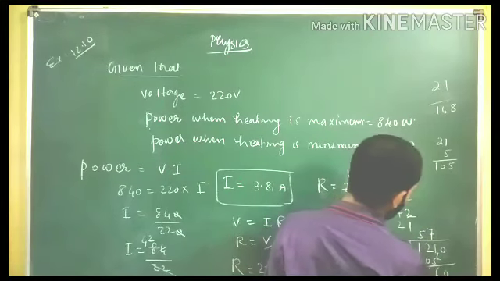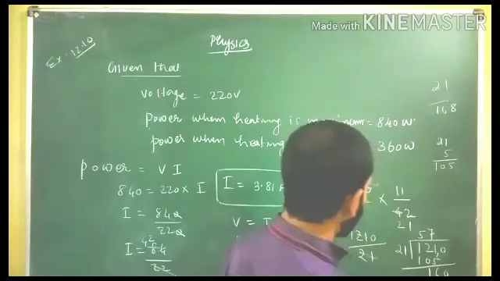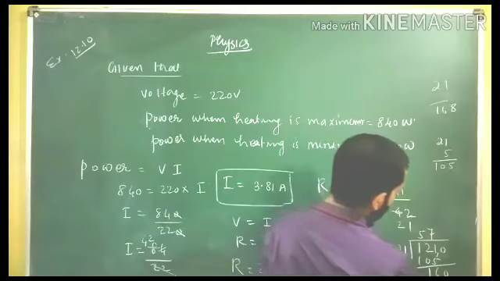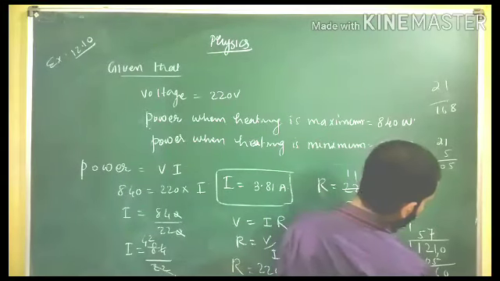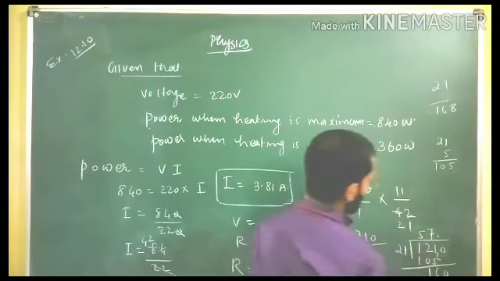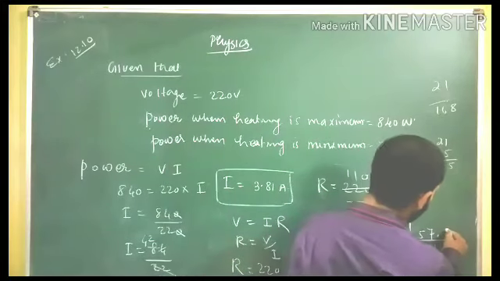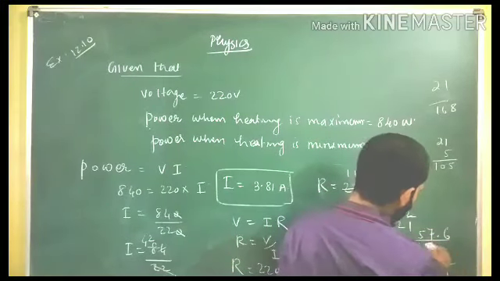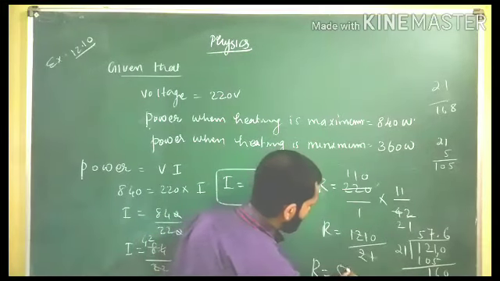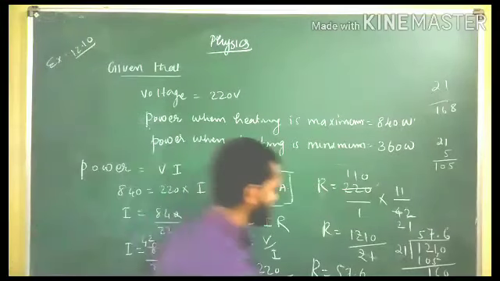1 into 7, 7. 2 into 7, 14. Now how much will it be? This will be 3. Okay, here 5 minus 4, that is equal to 113. Now 0. In 113, how many times will it go? We know it will go up to 6 times. So this will be coming. R will be equal to 57.6 ohm.